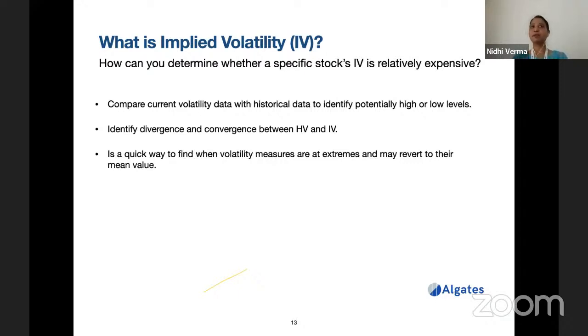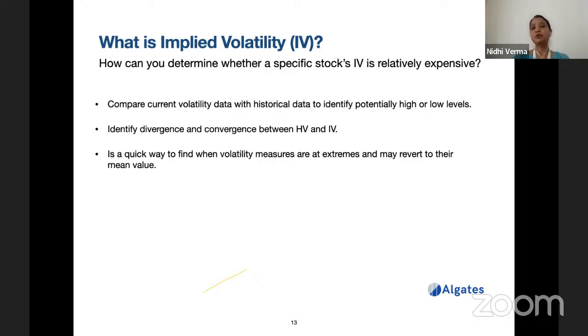So if you are able to identify that, for a particular option chain, the IV levels remain in a particular range, then you can see whether they are on the higher side or the lower side at a particular time. If they are on the higher side, then you can expect them to come down and come back to the mean. So this is another way of identifying it. You can just take a look and identify.